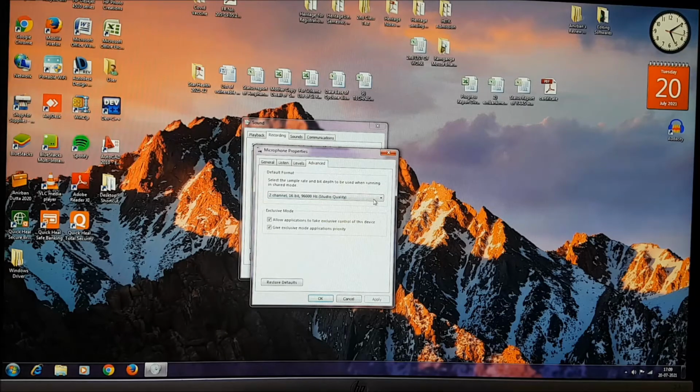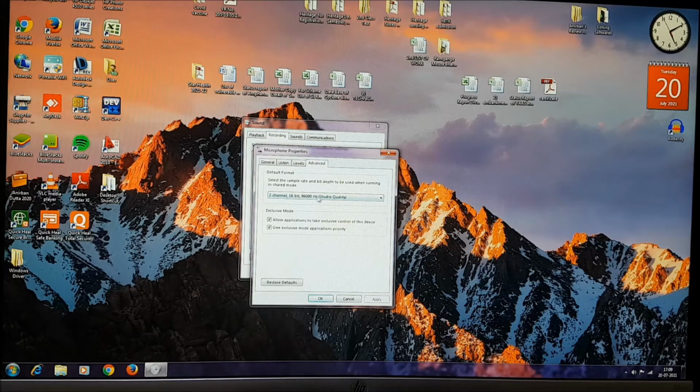One thing you can do is click on it, and here you will get different kinds of channels which resemble different hertz, that is the frequency rate. So if you are deciding to make any changes, you can definitely change any of the settings from here. As you can see, it is of different hertz basically, that is studio quality. Here you will get studio quality, this is CD, and the default is DVD quality. If the default setting works for you, then leave it like this. I haven't made any changes.